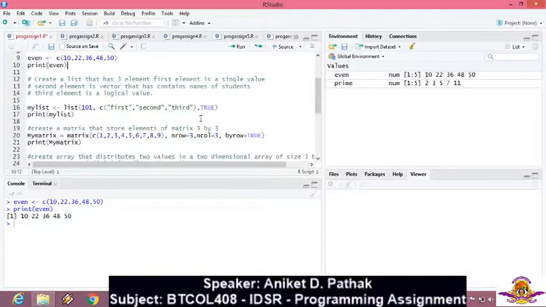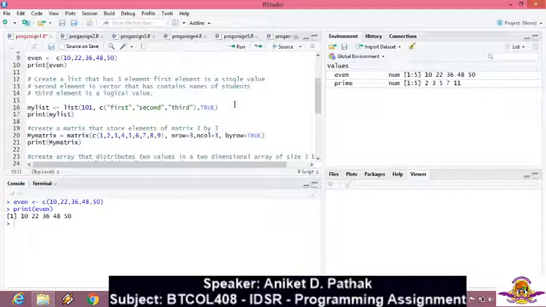Now the next data type that is available is list. The list data type can be created using the list function. Now all of you know what a list is. A list of items that you have to buy from the market, you say 1, 2, 3. So what can be in the list? A vector itself can be an element in a list.